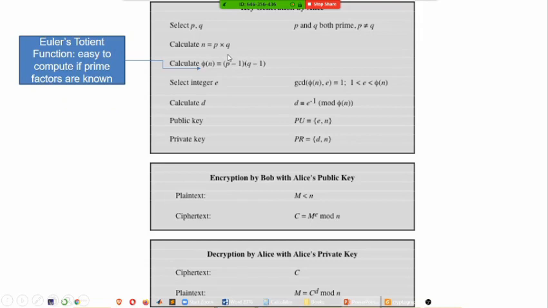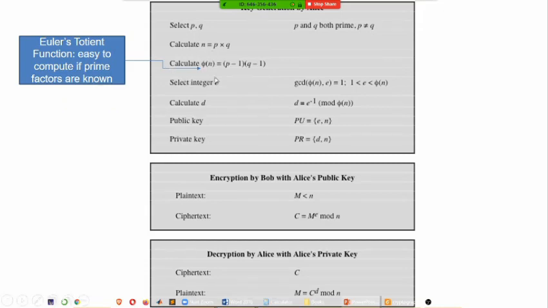So usually this is not the way I do it in class. Usually I just ask someone to get up and give me two numbers, two prime numbers. We do RSA on board, and then we talk about the algorithm. I'm not sure how well it will work on this platform here, but still let us see. Okay, so go ahead, you select P and Q, you calculate N, which is P times Q, and then you've